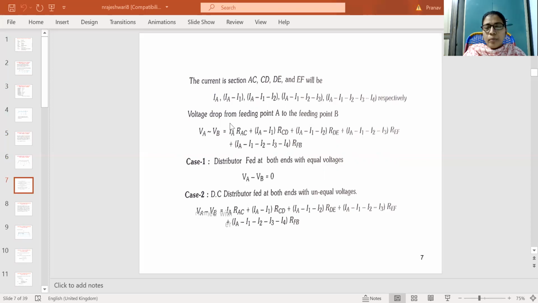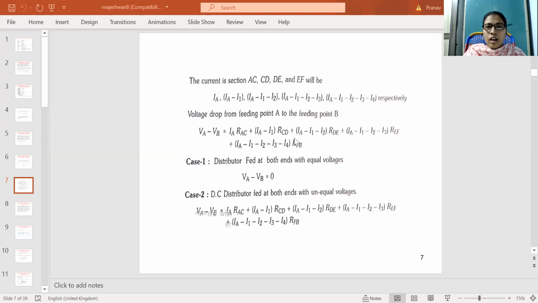The voltage drop from feeding point A to feeding point B is VA minus VB. If VA is high, VA minus VB. If VB is high, then VB minus VA. Whatever the difference between the two voltages will be taken, which is equal to IA into RAC plus IA